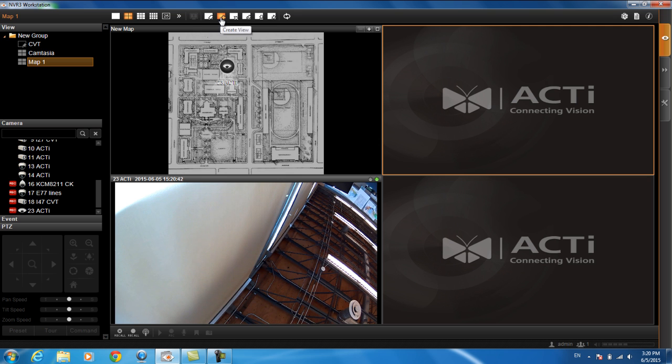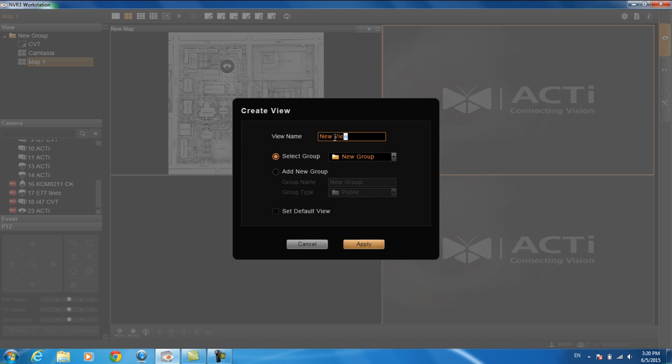So you want to come up to this button here that says Create View and you want to create a new view. You want to select the group that you want it under. Let's say we want it under the new group, or you could add a new group and make it either